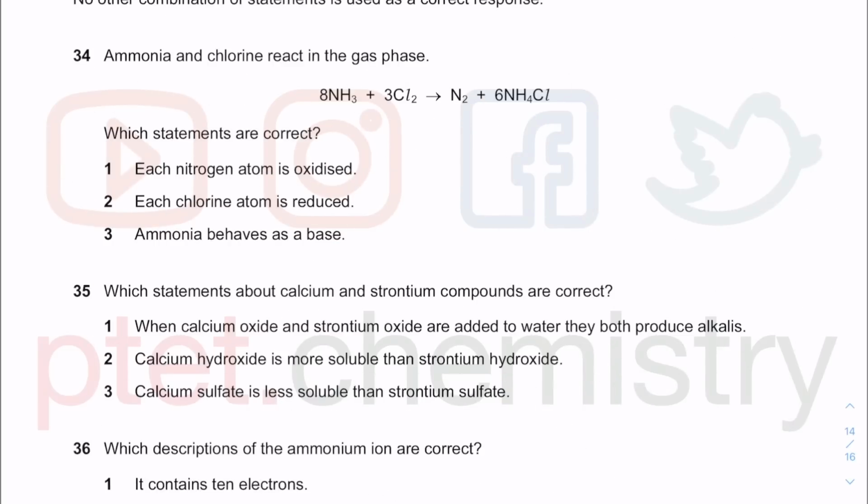Question 34. Which statements are correct? Okay, let's have a look at this. This is NH3 reacting with chlorine, giving you nitrogen gas as well as this salt called ammonium chloride. As you know, ammonium chloride, NH4+ Cl-, has an ionic bond between the oppositely charged ions, but